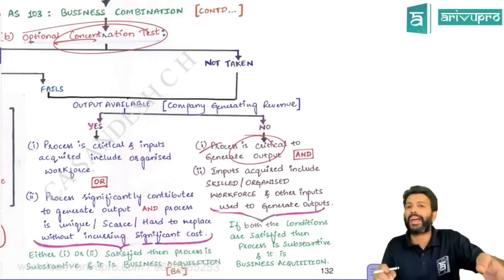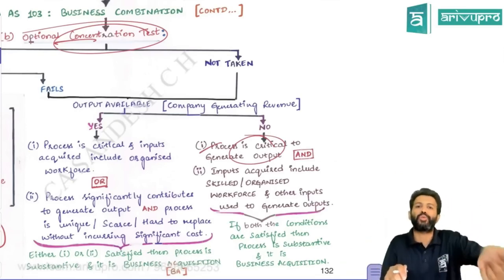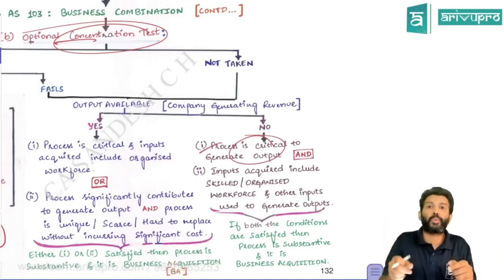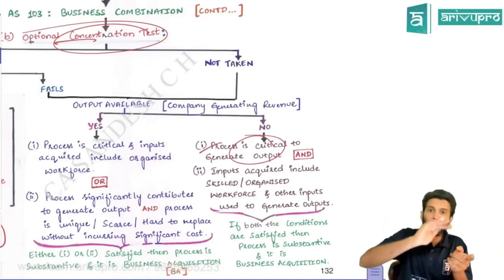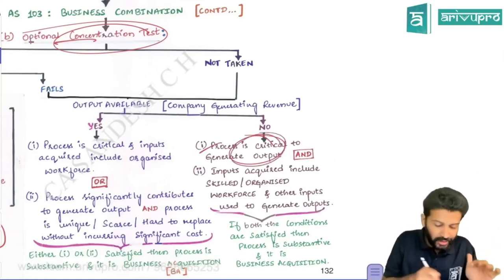Like if you want to develop a calculator, automatically you'll not get a calculator, right? There has to be a proper process: which machinery to use, what raw material to put in, how long it should stay, after machinery number one, where it should go. Like this, there will be some protocols in the process. So that process should be critical to generate the output.